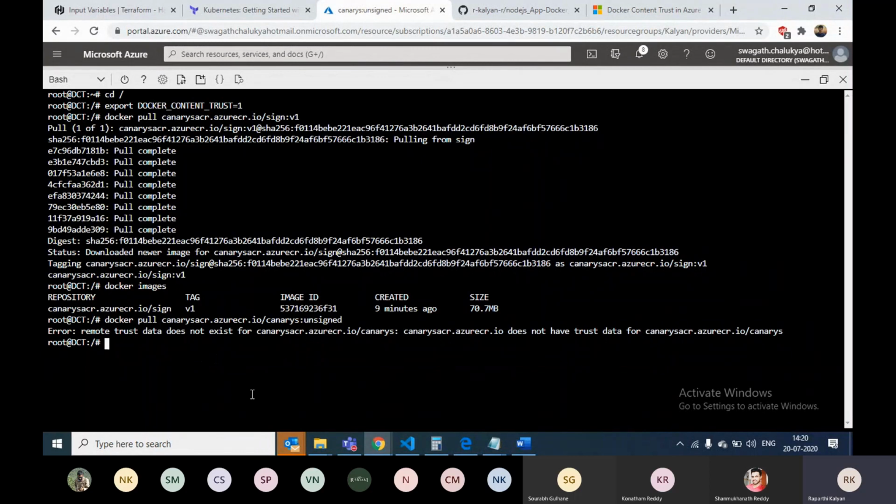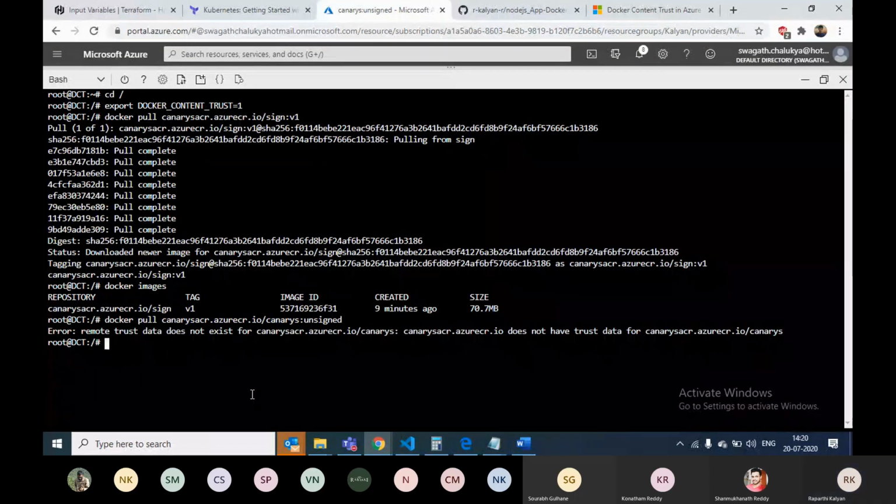Any doubts we can put now, or else we can go and deploy it into a CI/CD pipeline. CD, Kalyan, you mentioned CD. That means you are deploying to the Kubernetes environment. No, no, I'm not actually deploying. You can use this image anywhere. Like you can use this image and deploy it into a web app or even in Kubernetes. But I don't want to deploy right now. I just wanted to show you how you can replicate this scenario inside your pipeline also.